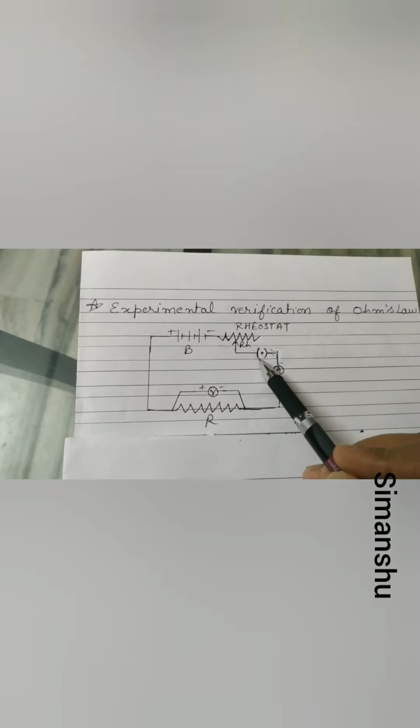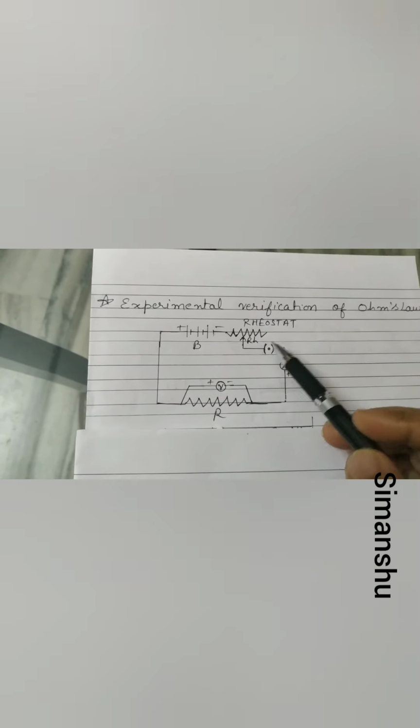Now let us talk about the experimental verification of Ohm's law. For this we have to make a circuit. I am showing you the diagram required for that. Here it is the load. This is a voltmeter which is connected parallel to the load. Here it is a battery. This zigzag wire shows a rheostat. The function of a rheostat, as you know, is to provide variable resistance, meaning you can change the resistance in the conductor. Here it is a cell or battery. Here it is an ammeter to measure the current.